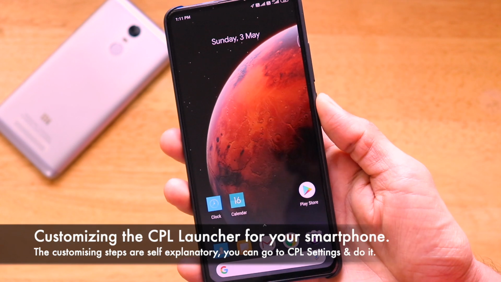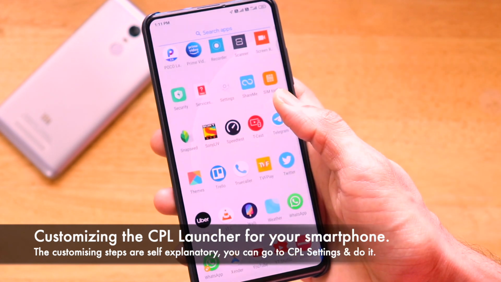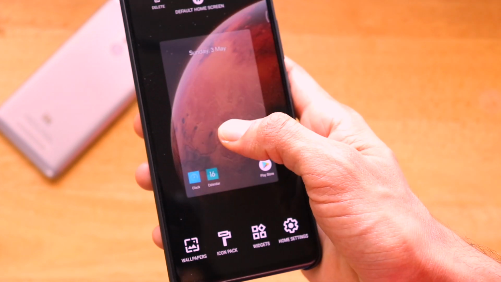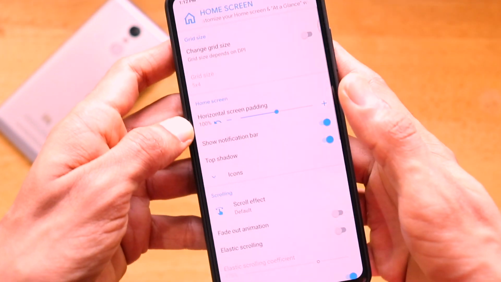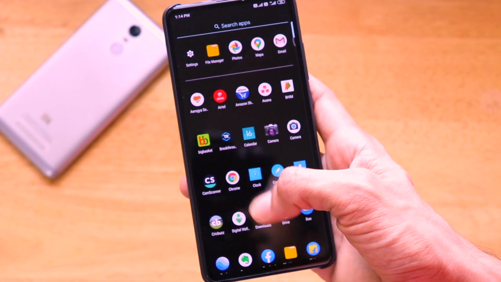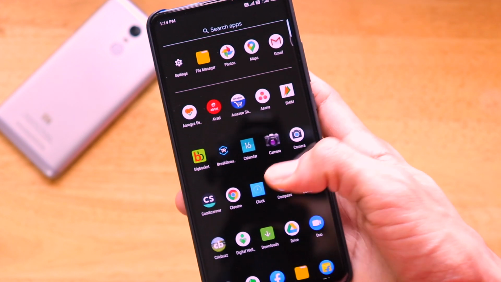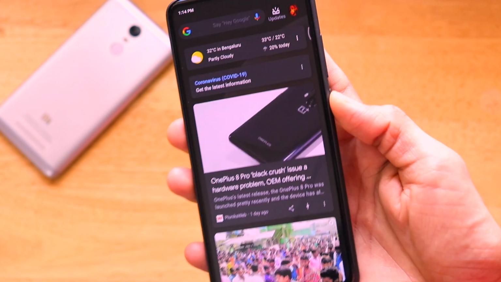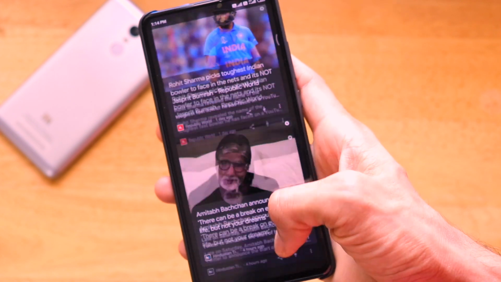And another brilliant thing about this customized Pixel launcher is that you can customize this whole launcher as per your requirements. So there are a lot of options present under the hood. If you long press on the home screen and click on the home settings, here you can find a lot of options with the help of which you can customize as per your complete requirement. As you can see, I have set my layout to this particular layout because I like a minimalist layout, and also I have set the dark mode on the system, and when I just swipe to the left, the whole Google Discover feed will also be present in dark mode. So this is a very cool feature.